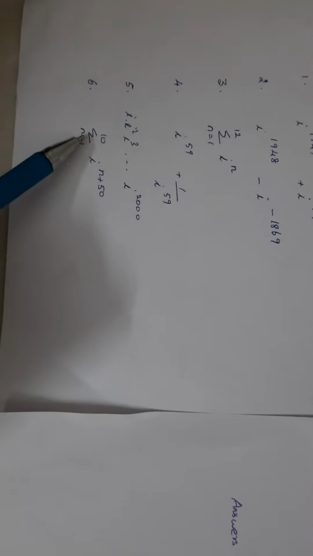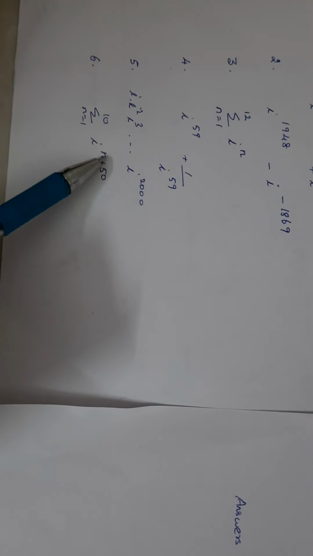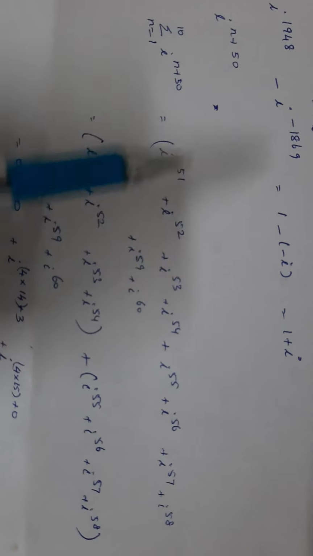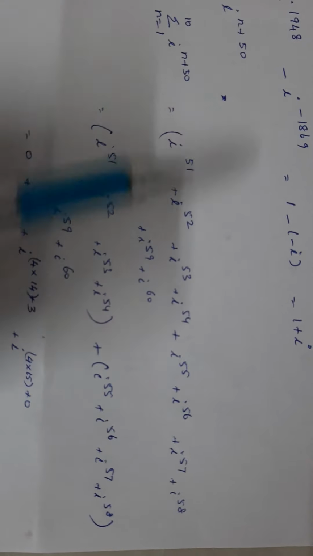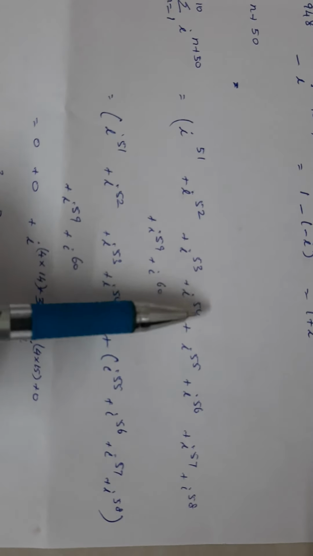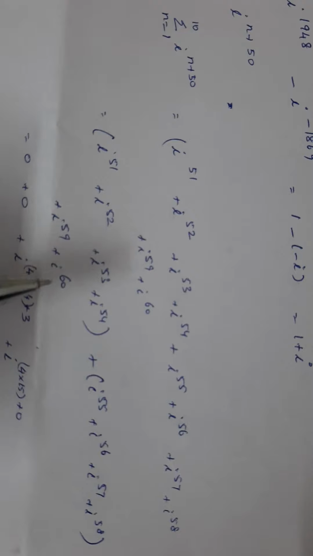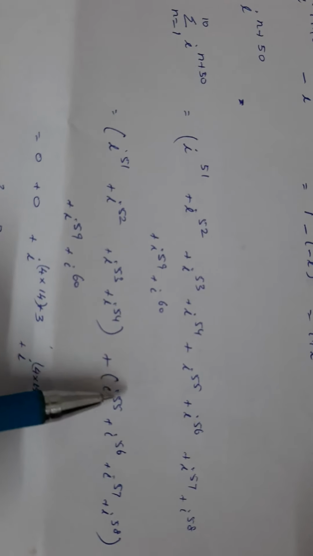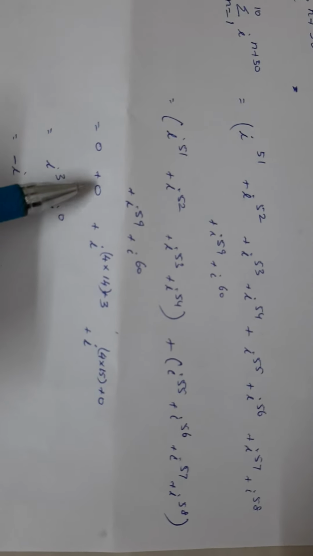Now let us see the sixth question. Sigma n equals 1 to 10 of i power n plus 50. That is i power, substituting n equal to 1, it will be 51, then 52, up to 10. On substituting n equal to 10, it will be 60. So you are going to find the sum. Whatever the powers may be, 4 consecutive powers together will make 0. So let us group this into the first 4, the next 4 and the balance 2. The sum of the first group is going to be 0 as the powers are consecutive numbers, and again the next is 0. The remaining ones are 59 and 60.